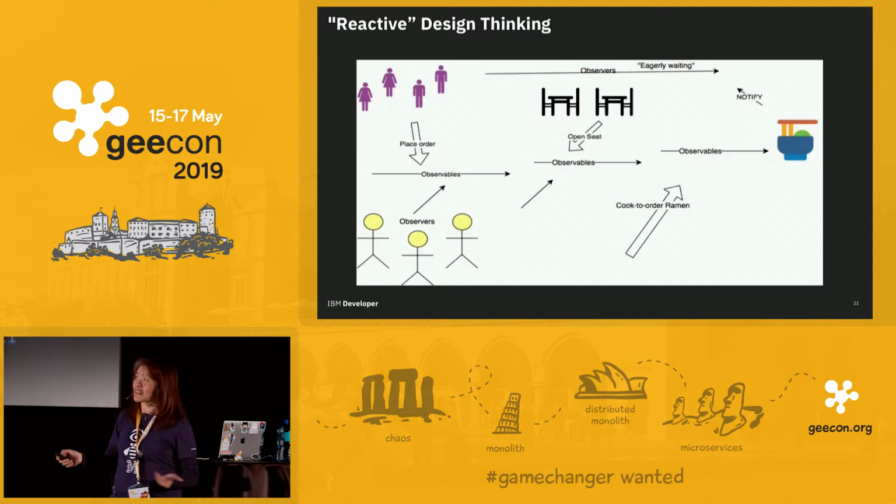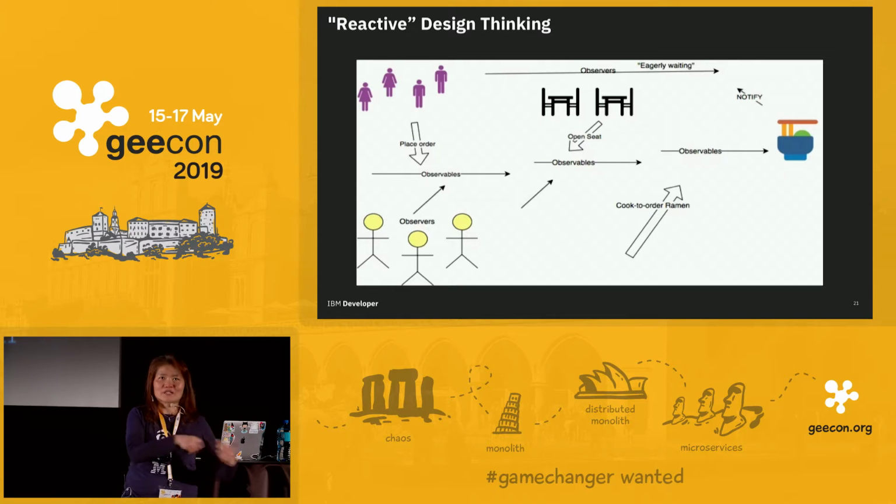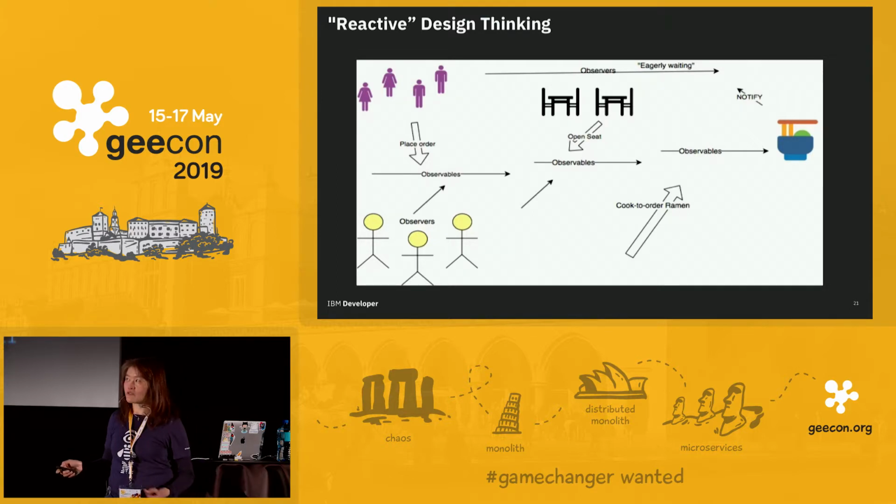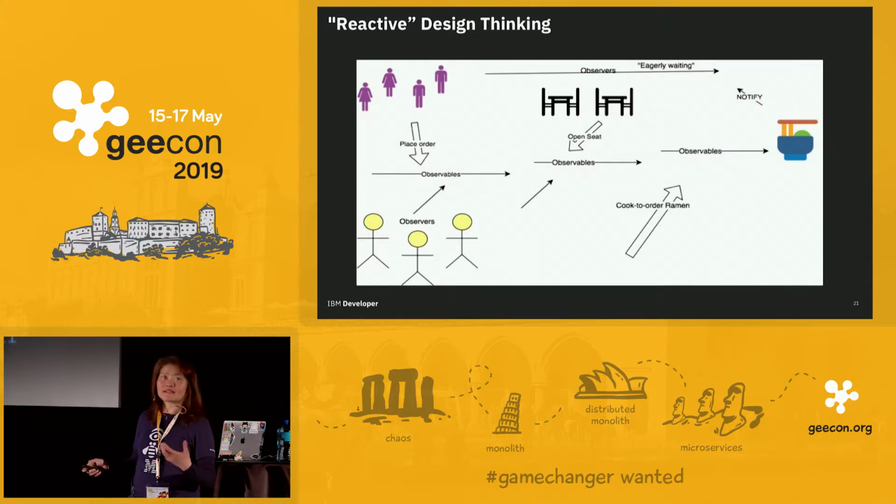So basically, I can use a mobile app. Instead, we're busy programmers, we sit there doing programming, and we're like, oh, we're hungry. Let's order noodles. So you download your app, you have it installed on your phone, and you place your order. When you place your order, an order event happens. That's an observable. This observable is being observed by the observers, who are the waiters and waitresses, right? They take the orders, so they get notified that they have some orders coming in.